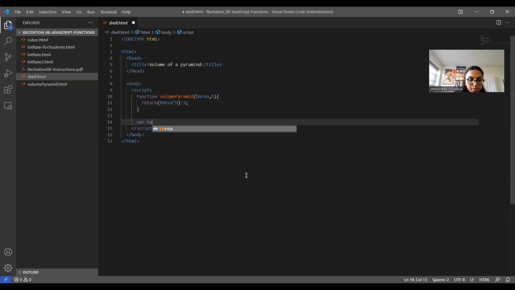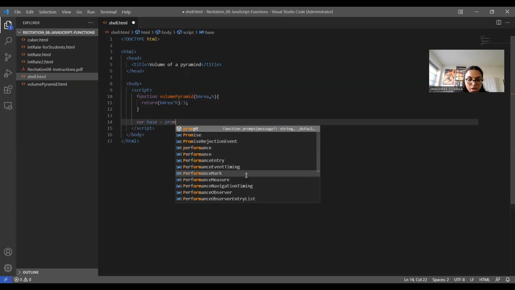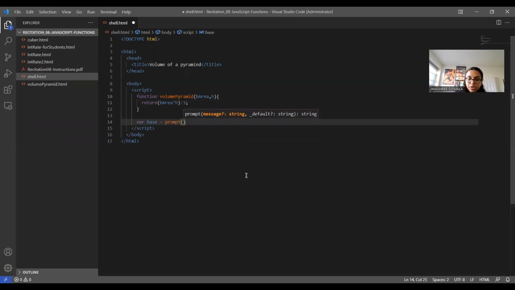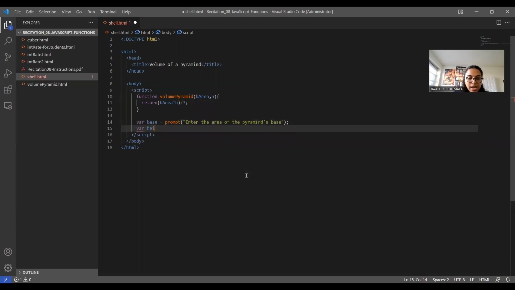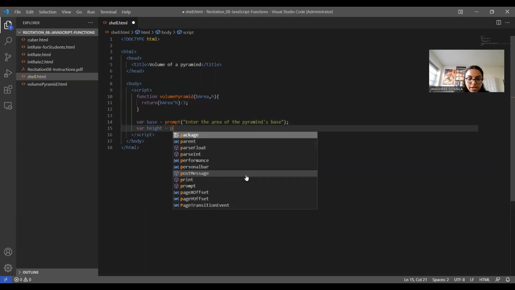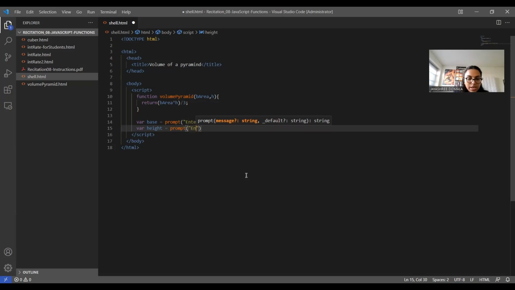And let's take the prompts from the user. So we have to take the base, which is the base of the pyramid. So we can write enter the area of the pyramid's base. All right, and put a semicolon. And the next variable is height. So we can write variable height and take the prompt and say enter the height of the pyramid